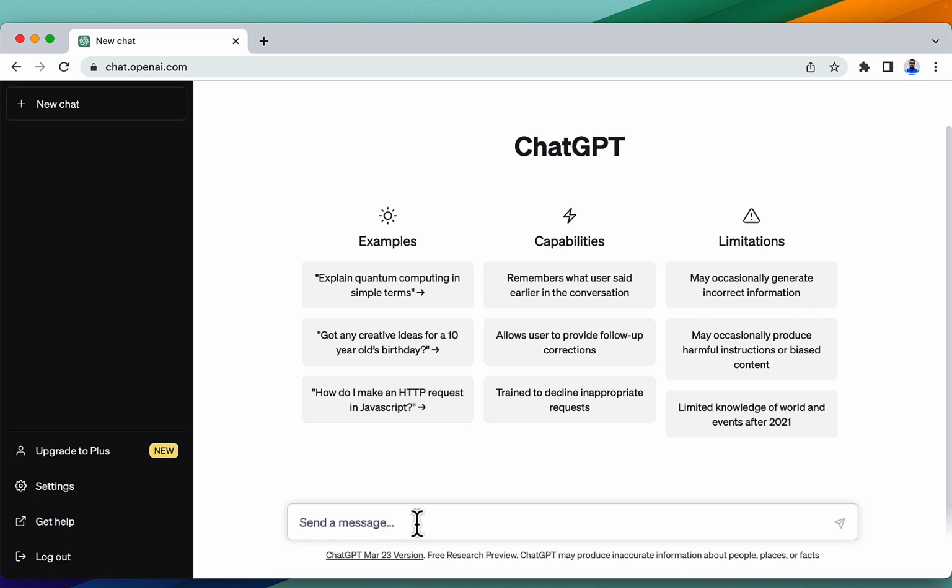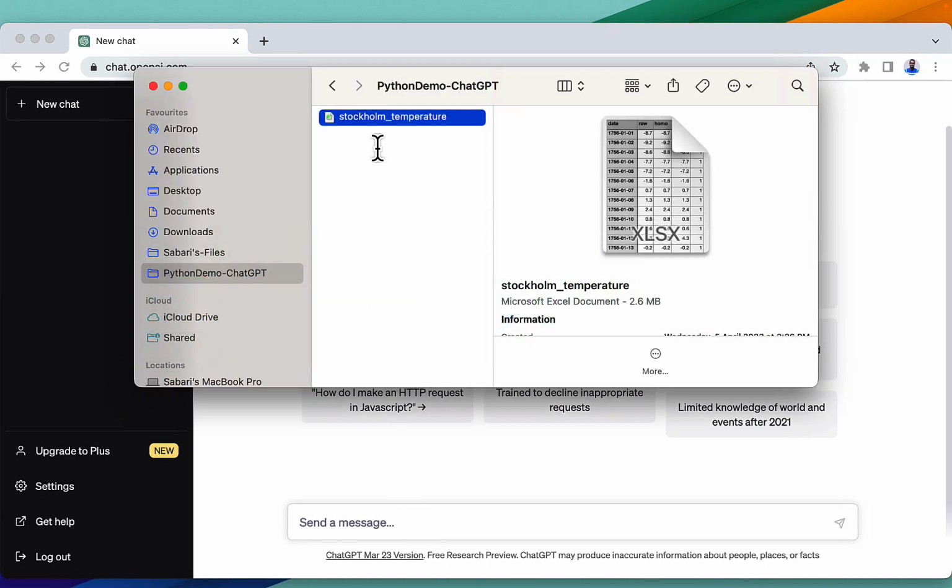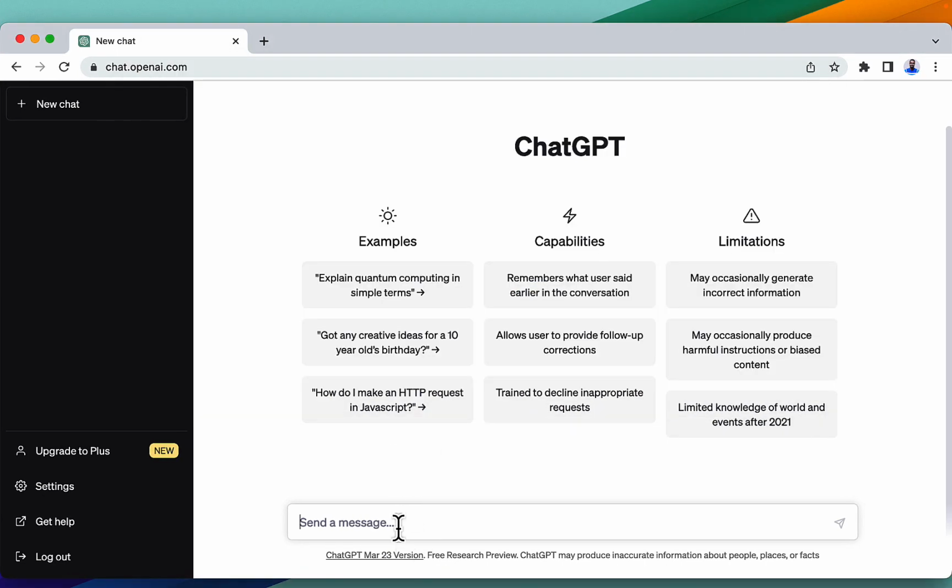So using this text box, we can ask whatever question we want, and we can check whether ChatGPT can give a desired response or not. The first thing, as I stated, is that we have to provide the file name that we already have. The file name here is stockholm_temperature, right? So let's see if that can be used effectively in this particular